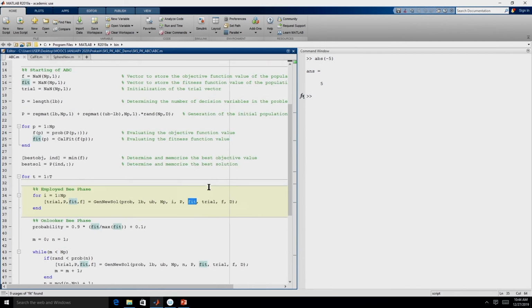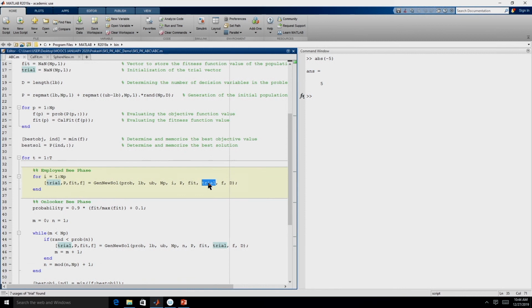We need to send the value of the fitness for performing the greedy selection strategy. We need to provide the trial vector, because if the newly generated solution is better, then we need to appropriately set the trial of the new solution which is coming into the population to 0. If the newly generated solution is poor, then we will have to increase the counter by 1.